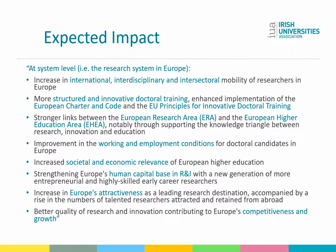Thirdly, at the system level, that is, the research system in Europe, such impacts include an increase in international, interdisciplinary and intersectoral mobility of researchers in Europe, more structured and innovative doctoral training, enhanced implementation of the Charter and Code and the EU principles for innovative doctoral training, stronger links between the ERA and the EHEA, notably through supporting the knowledge triangle between research, innovation and education, improvement in the working and employment conditions for doctoral candidates in Europe,